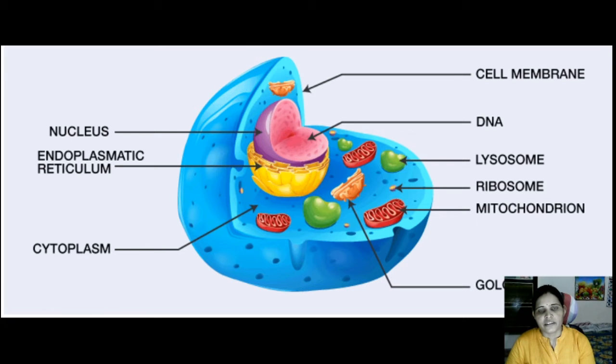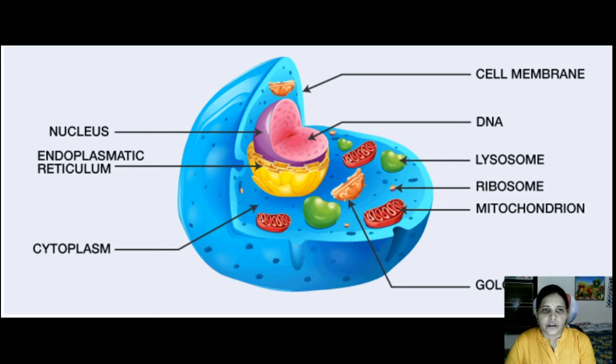Here you can see the ultrastructure of a cell, in which you can see most of the organelles that are found inside a cell. First is the cell membrane. It is the outermost part of a cell that covers the whole cell and the organelles present inside a cell. Second one is the nucleus. Nucleus is a spherical body found at the center of a cell. It is a very dense portion of a cell. It contains numerous thread-like structures that are intermingled with each other, and they contain DNA, and DNA contains genes.